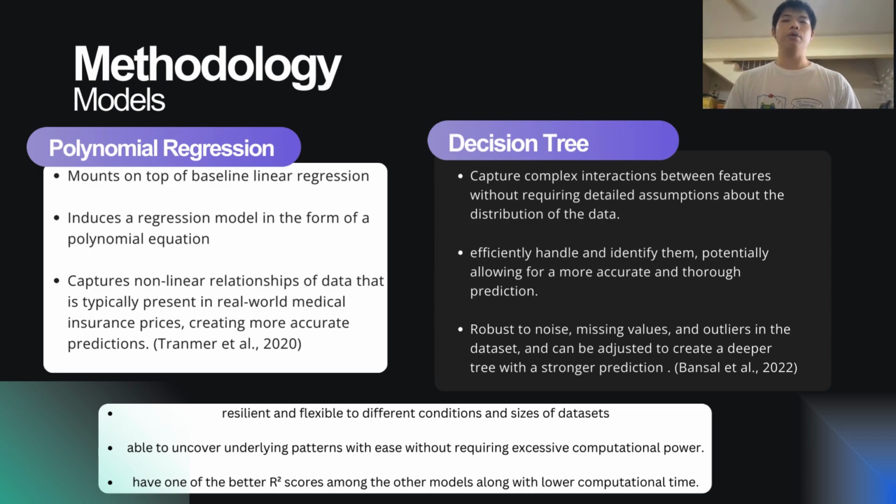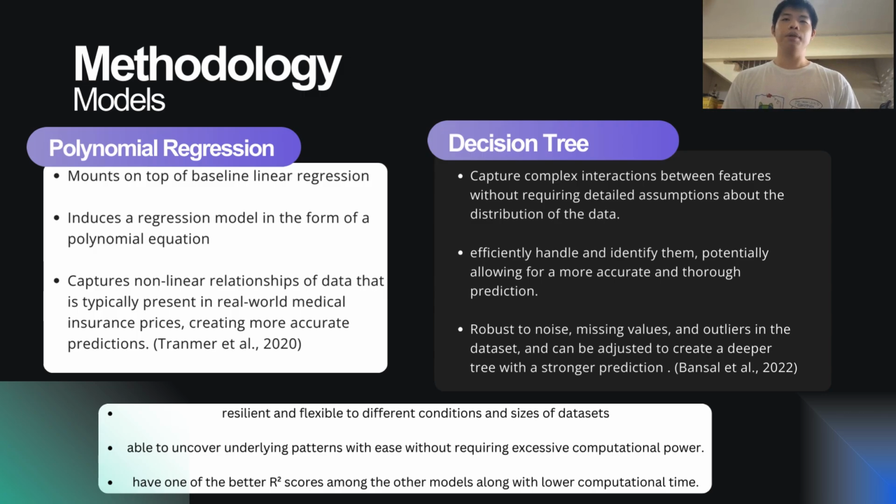After the data preparation, now we're going to build our models. In this study, we'll use 2 machine learning models to predict medical insurance prices using the provided dataset. Polynomial regression and decision tree models were chosen due to their resilience and flexibility with different dataset conditions and sizes. Both of them uncover underlying patterns without requiring excessive computational power. They are recognized for their better R-squared scores and efficient computation time, making them perfect for our medical insurance prediction